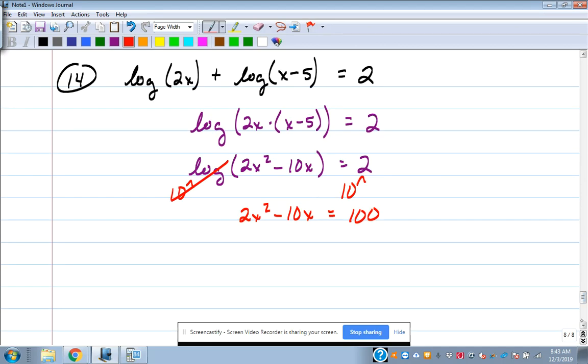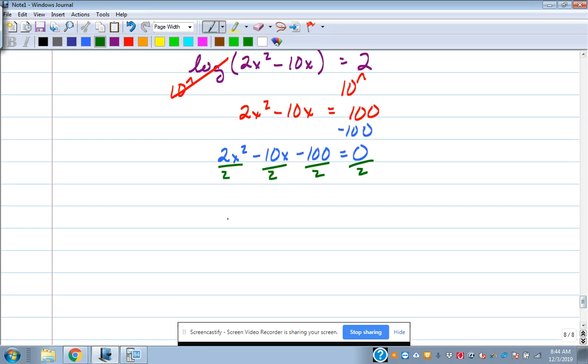And it's a problem that has an x squared in it and a plain x. So how do I solve a problem like this? That's a quadratic equation, so I've got to do some stuff that I know how to do already. What do I have to get it equal to? 0. So I'm going to subtract 100. And then what's everything divisible by? 2. So I'm just going to divide everybody by 2 because that's legal and it'll make it easier. x squared minus 5x minus 50,